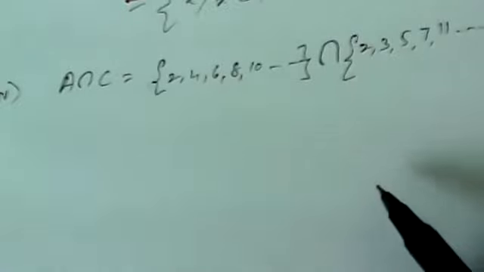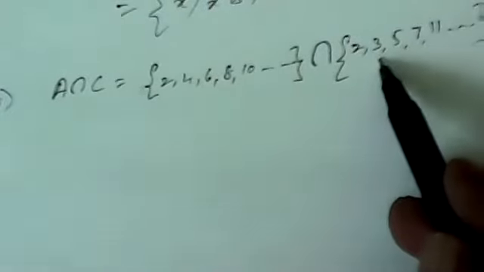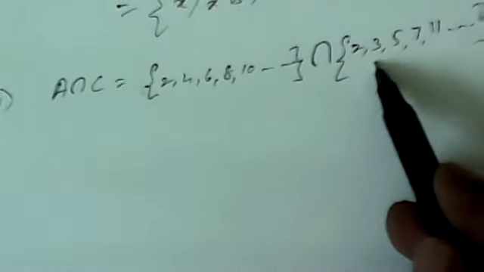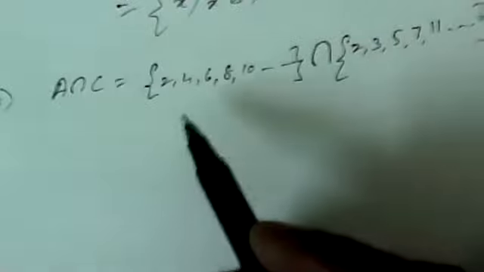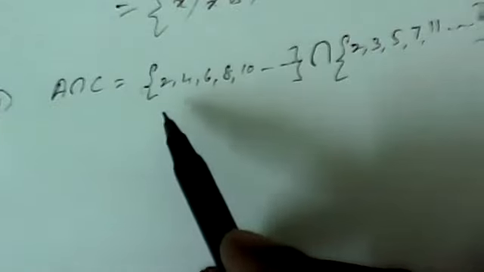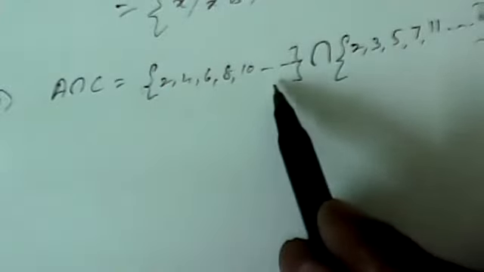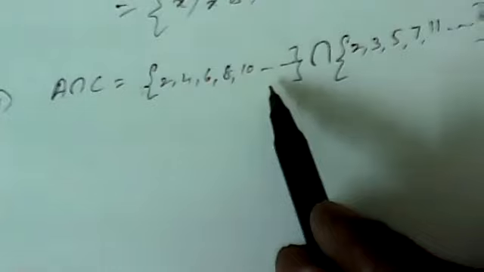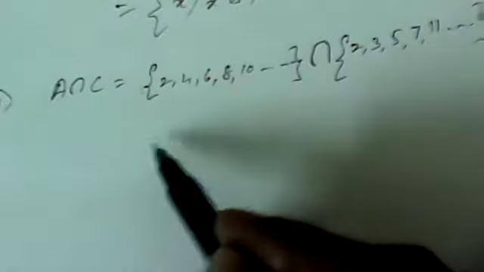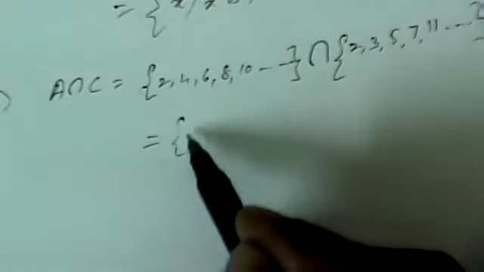So what is the common thing? Here in this set, 2 is a prime number. Is there any other number other than 2? 3 is also a prime number, 5 is a prime number, everything is a prime number. If you see set A, in this, 2 is a prime number and an even number. That is an even prime. The remaining are all even numbers which can't be prime numbers. That means 2 is the only even prime. So 2 is the only thing that is common in these two. So what we get is only 2.